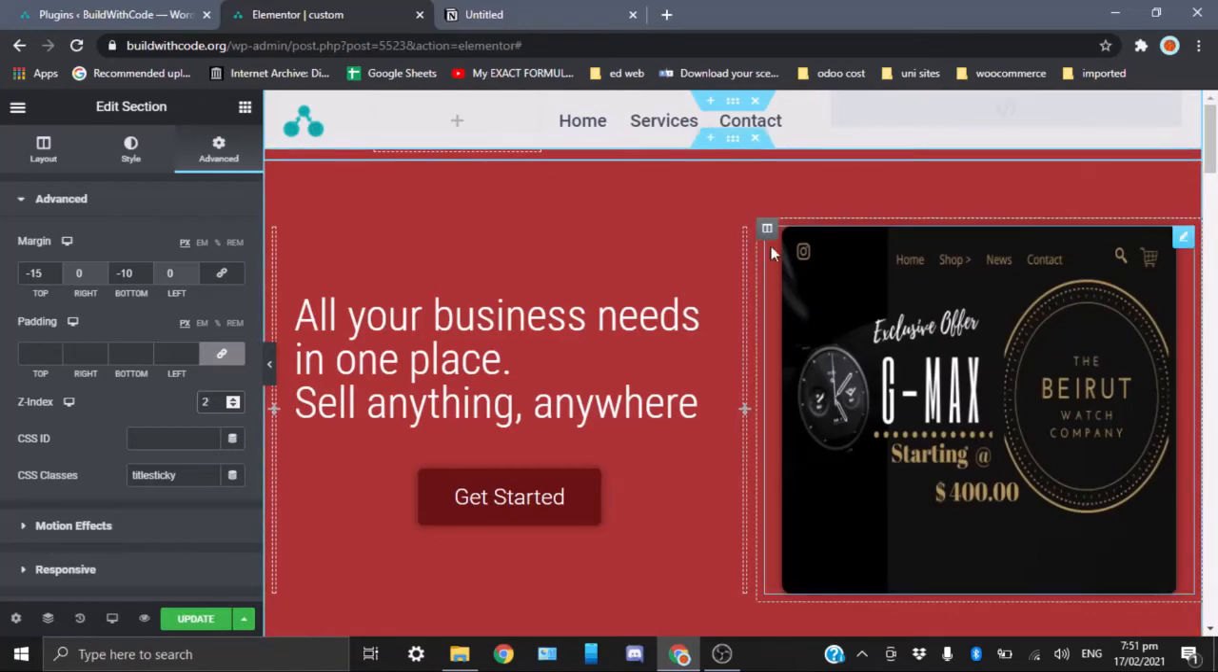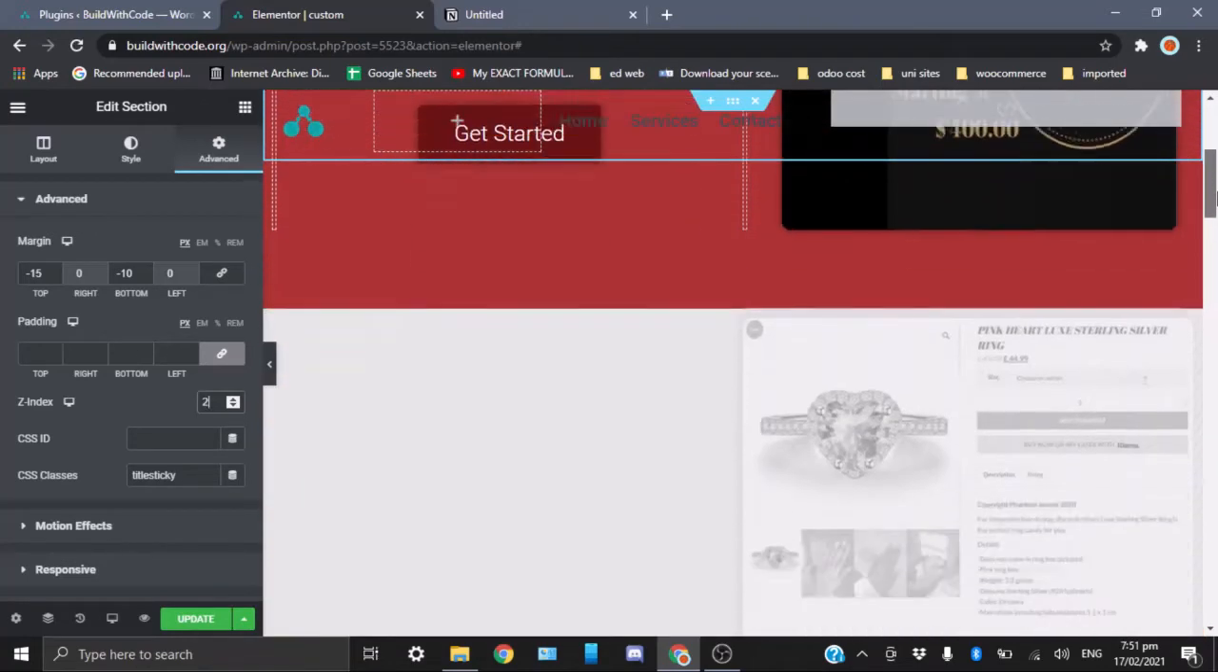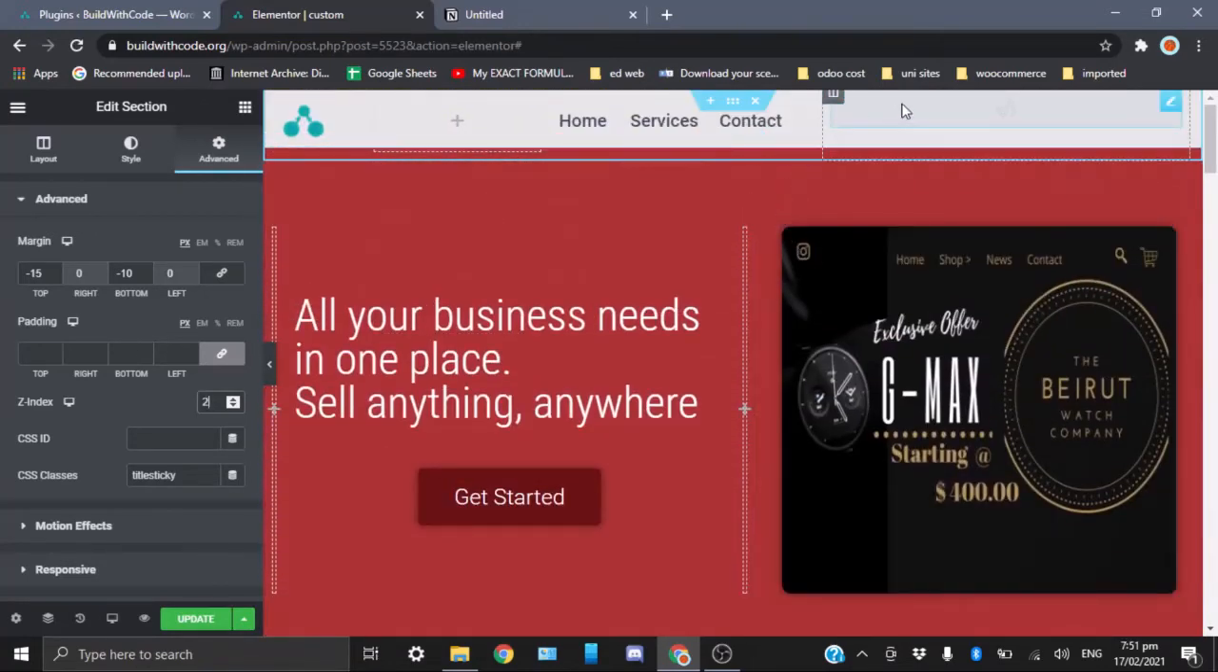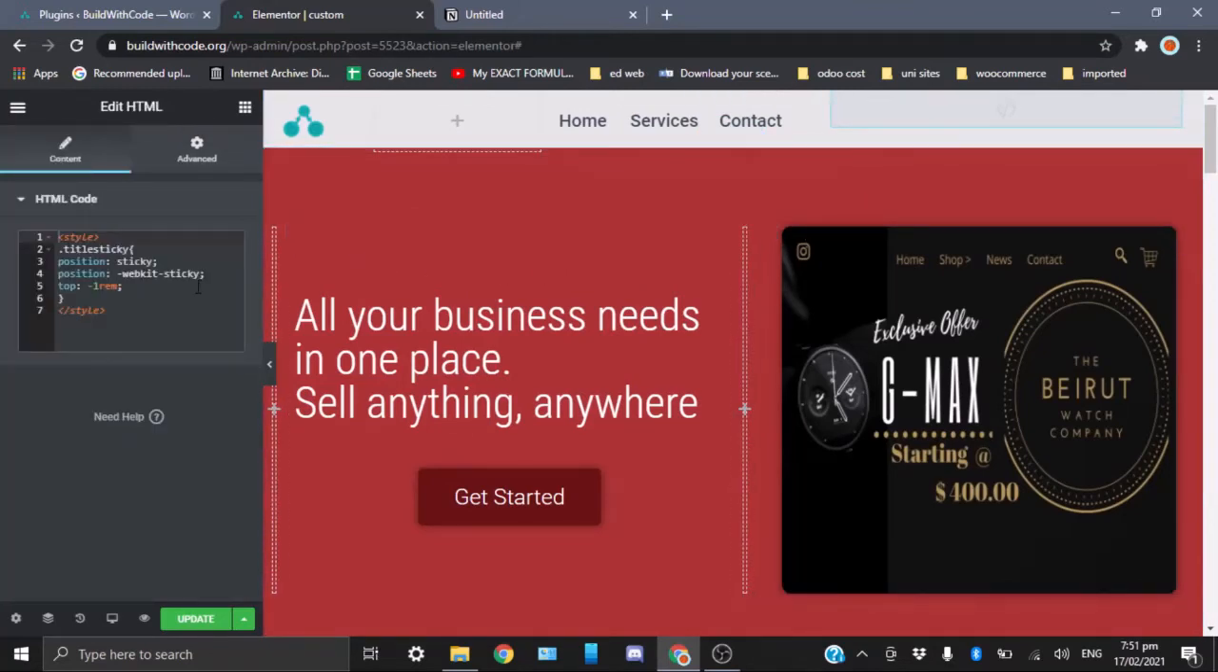Okay, so now that we've accomplished making this header sticky, let me explain what the code does. It's important to note that you don't need to be a nerd or a computer scientist or have any knowledge of coding or programming to make your header sticky or use this code. You just need to copy and paste it. But if you want to know how this works,